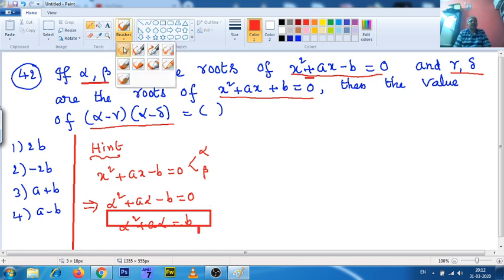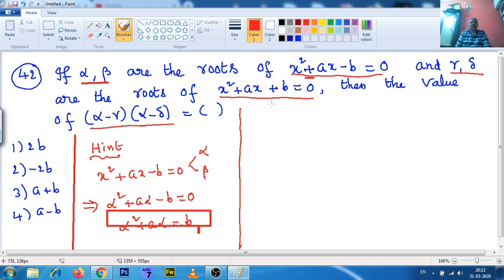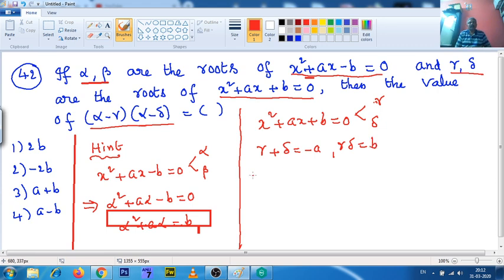So, next, x square plus ax plus b is equal to 0 has the roots gamma delta. So, that means we can find out gamma plus delta, that is equal to minus a, gamma into delta is equal to b. So, now the given expression we need to find out,